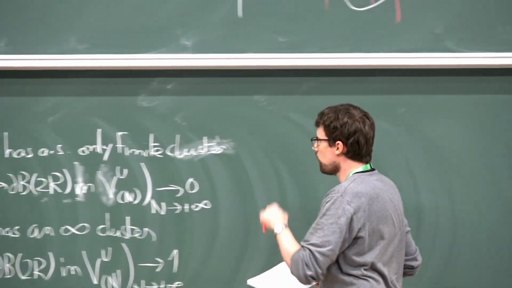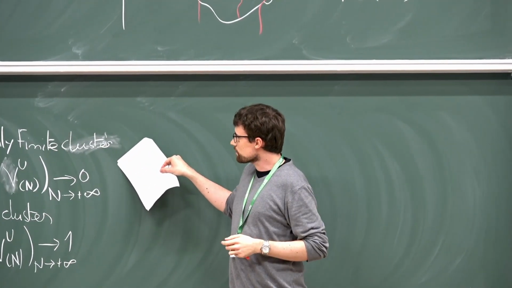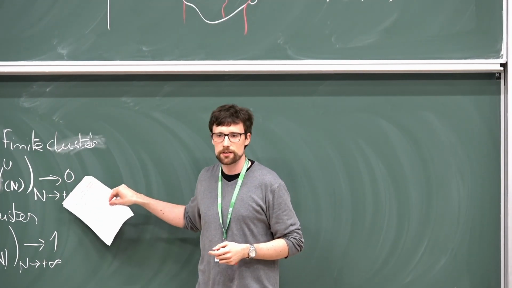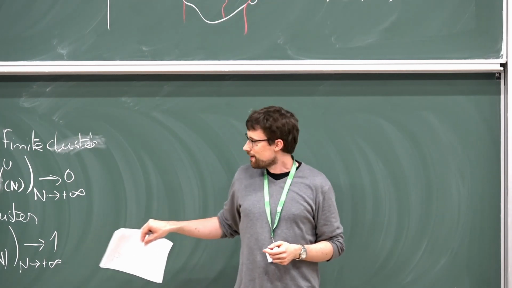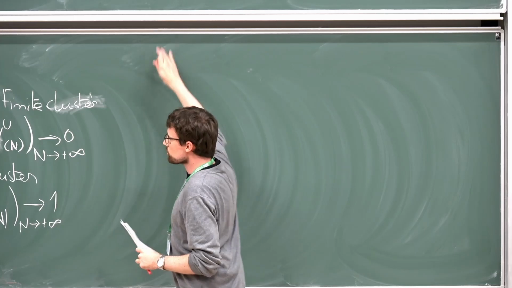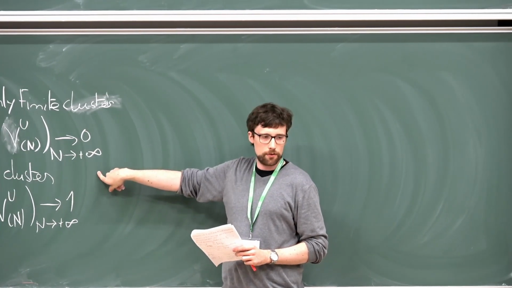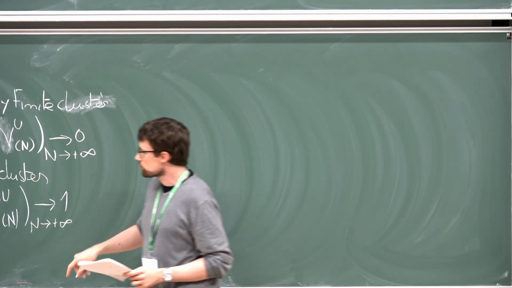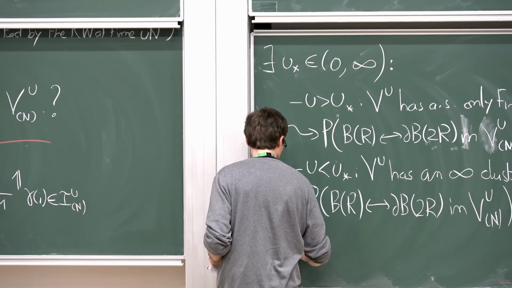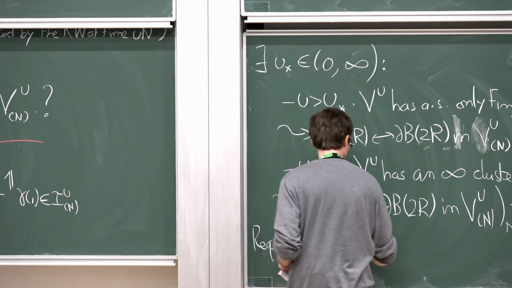So this is actually not exactly clear at all that having a finite cluster is exactly corresponding to that, and having an infinite cluster is exactly corresponding to that. You need to use some strong result actually on your percolation, that is that the phase transition is sharp. Okay, so this requires sharpness of the phase transition.